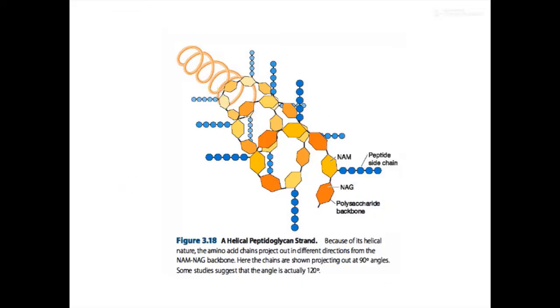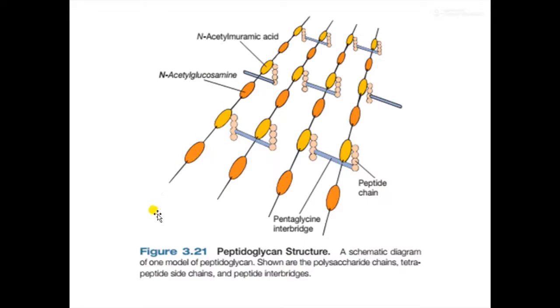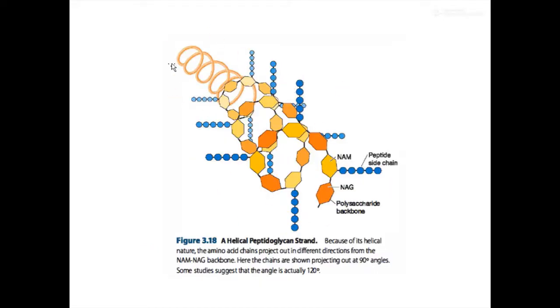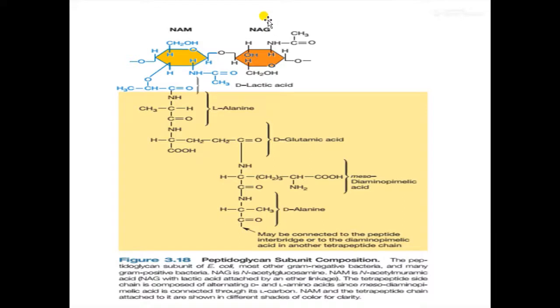Now, each of these helical molecules mainly refers to this particular chain. It is not a straight chain here, but in fact, it is a helical chain which is being arranged like that. And attached to that, we have the amino acid chains. If you want to have a closer look, you can have NAM and NAG, having 4 amino acids attached to it. You have L-alanine, D-glutamic acid, mesodiaminopimelic acid, as well as D-alanine. So this is the amino acid chain which has been attached to the peptidoglycan in gram-negative bacteria